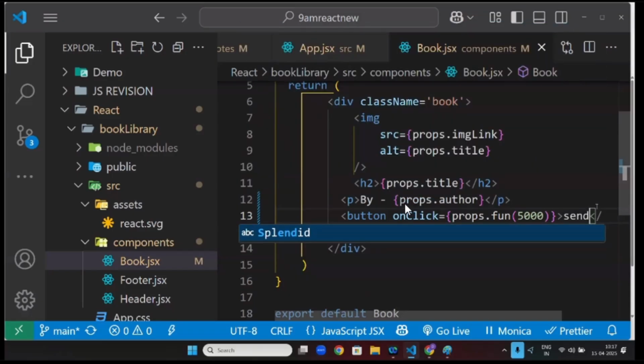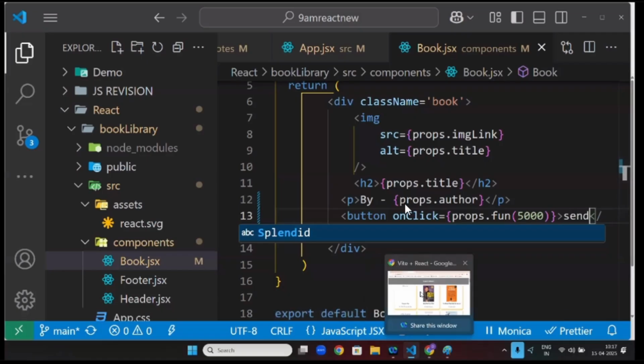Now all the children have a money send button. All children are having something called a send button. You see it here. If you run your application now,